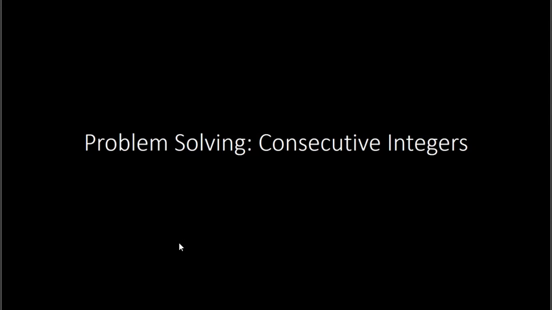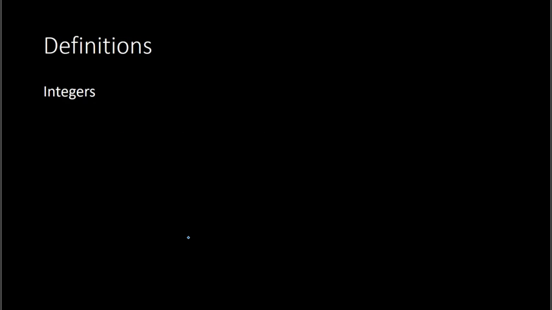In this video, you will learn to problem solve using consecutive integers. As we get into this, we need to first determine what our terms mean. First, what is an integer? An integer is really any number that does not involve a fraction. For example, -3, -2, -1, 0, 1, 2, 3, etc. would all be integers. If you had fractions like 1/2 or -2/3 or 4 and 1/5, those would not